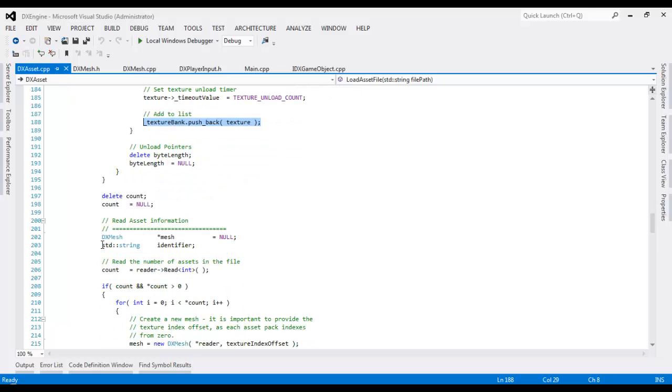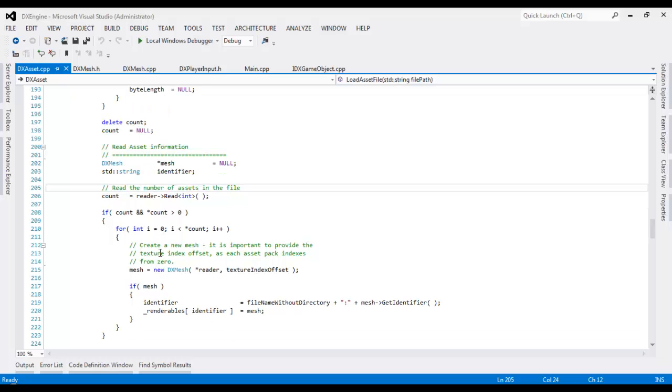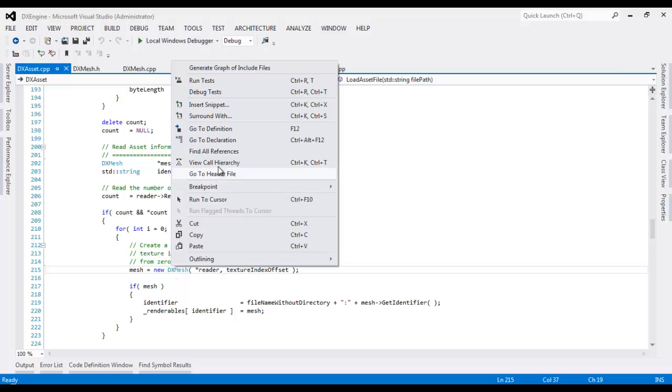Finally, in this case, we'll read our mesh information by reading the number of assets in the file and then looping through and reading all of our mesh information. This is where we create our new mesh object,